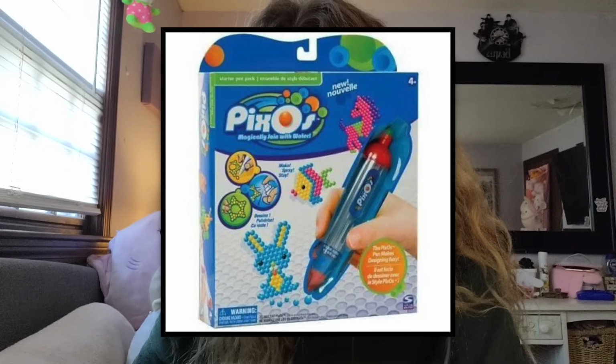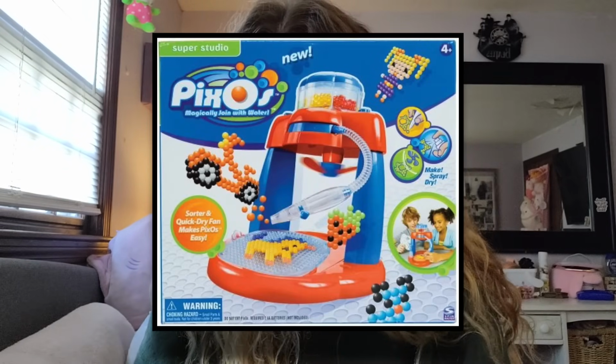No more recalls, let's just talk about Pixos. The premise is exactly the same as it was before, but there were some pretty cool sets, so I'd like to go over them. The classic Pixos starter kit, the ultimate design station, the Super Studio, and my all-time favorite,